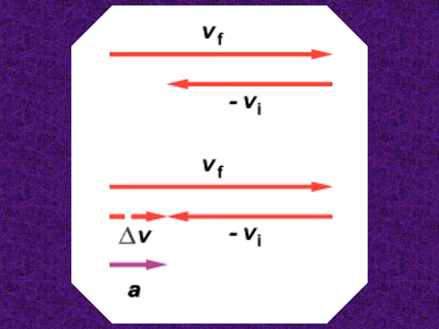Notice that in the proper way to do it, you do line up the vectors, but one of the vectors, the initial vector, the one that is for the earlier interval, is reversed. So technically that is the way you're supposed to do it, but it amounts to the same thing. You're looking at the difference between them, and it still points in the direction of whichever arrow is longer, whichever magnitude is greater. That's the direction of the acceleration.